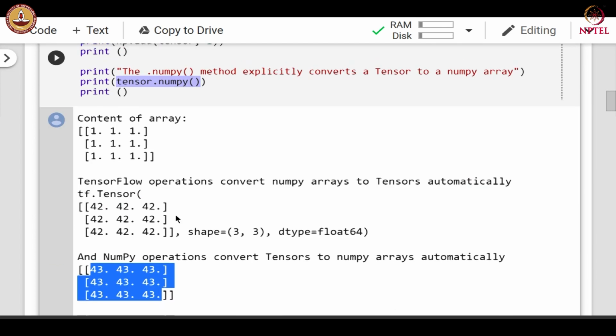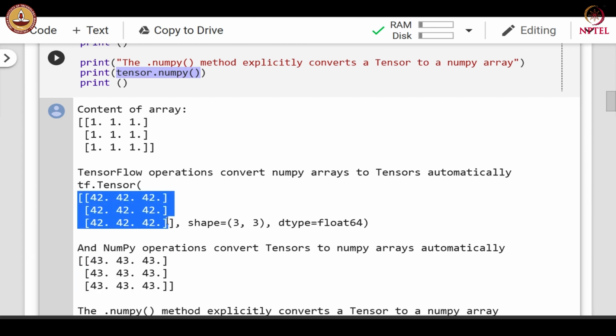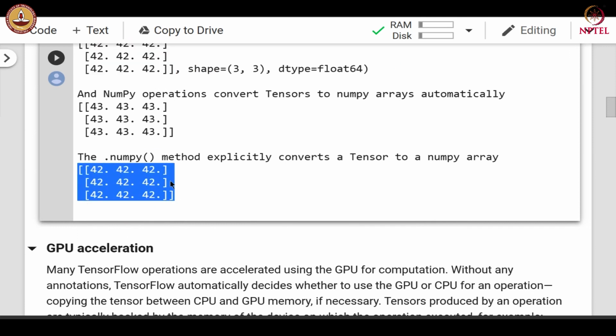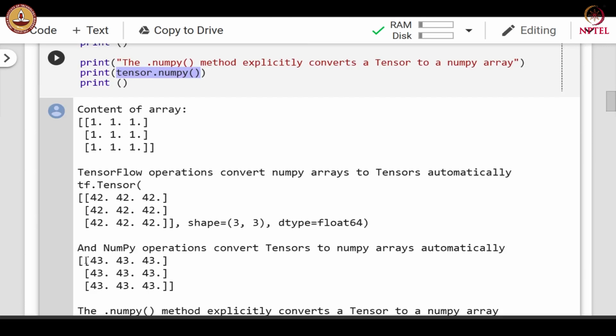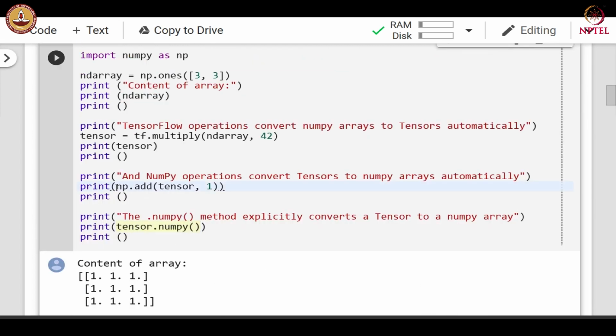Note that the tensor was finally holding the value 42 at each cell, and that is why we see the output of 43. This operation converts the tensor into an ndarray and then adds 1.